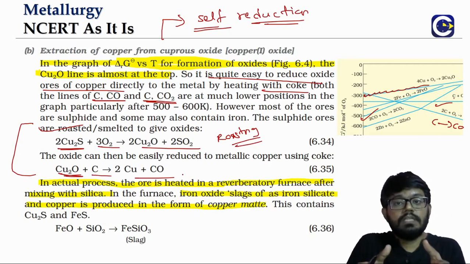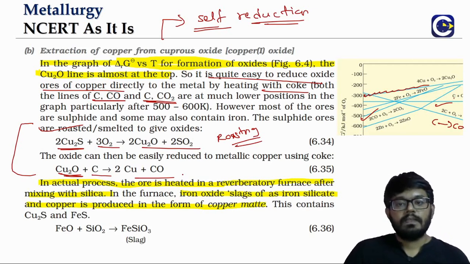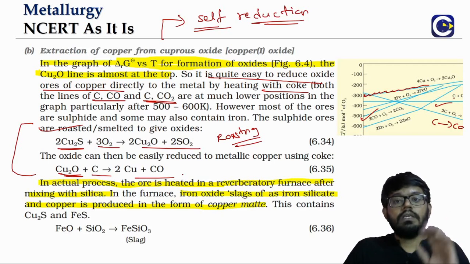It is not just about the chemical principles. Chemical principle wise, yes, we can do roasting and straight away do coke reduction. But in industry we will not do that, because there is a possibility of reducing the cost of the entire metallurgical operation, where we can remove the need of having a reducing agent. That is the reason why we call it self reduction. We will see how the self reduction happens.